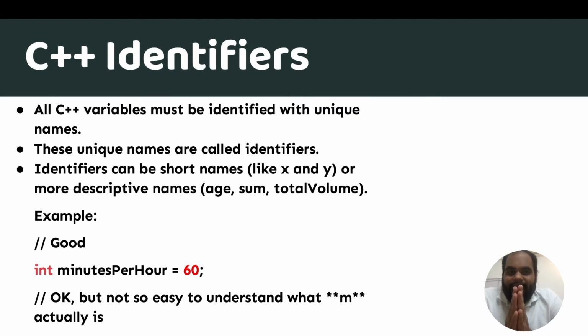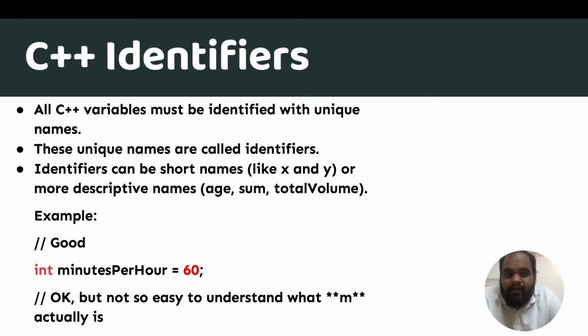What are identifiers, okay? Let me just read it out for you because it goes best with the definition. All C++ variables must be identified with a unique name. These unique names are called identifiers, okay? Now what does that mean? That means that wherever you want to declare something, wherever you want to declare a variable, you need an